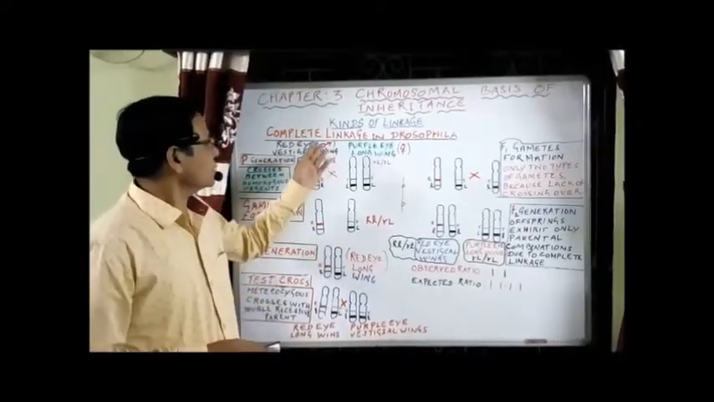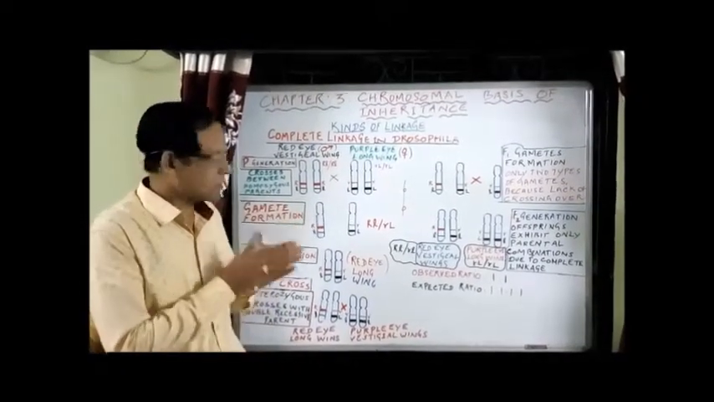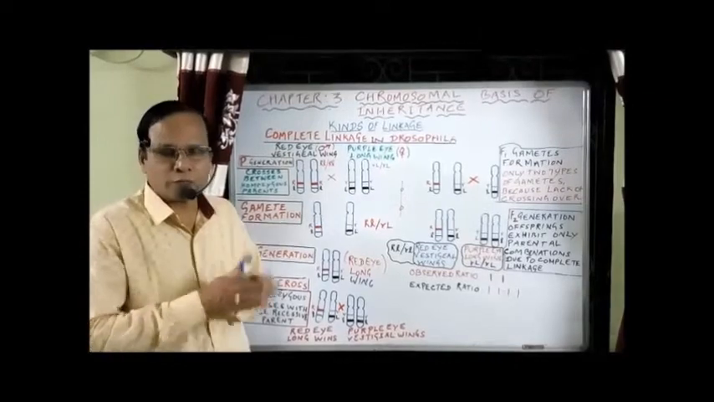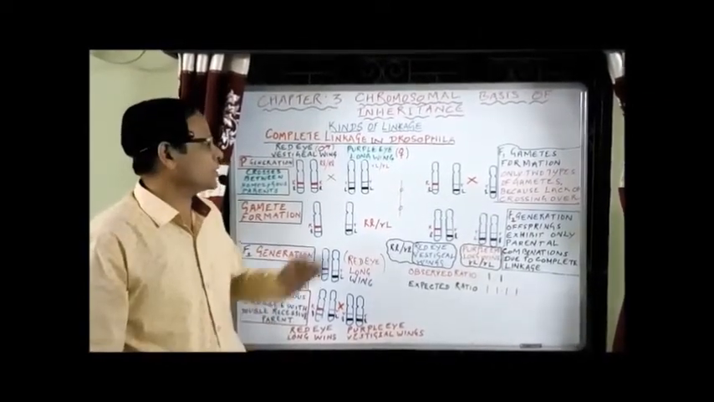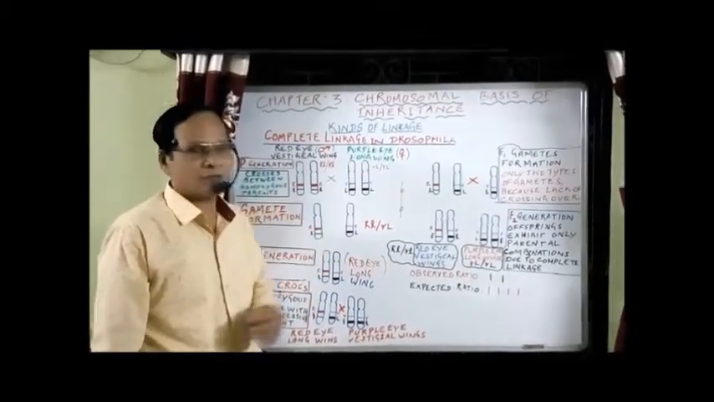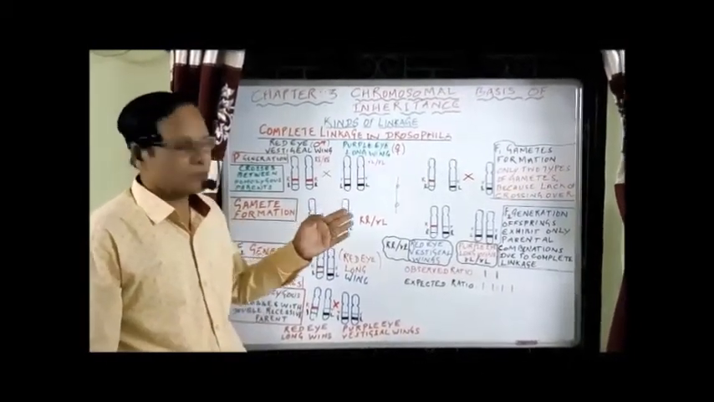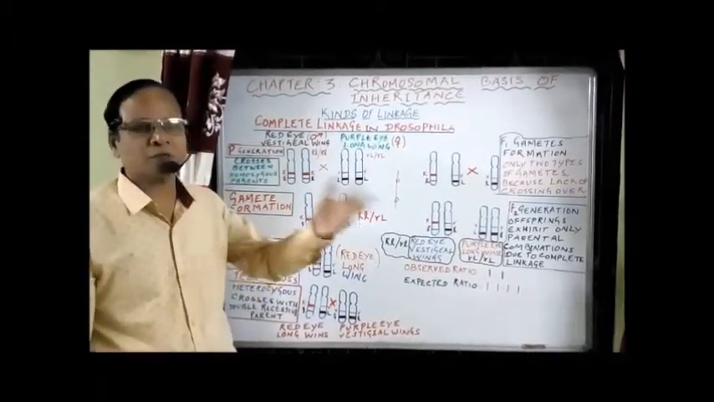Now let us take the complete linkage in Drosophila. Let us describe how, with genes being together in the same chromosome, they are inherited together. I mentioned already we have an example, the best example of complete linkage, the male Drosophila. C.B. Bridges observed that we have complete linkage in many species, or we can say some species of